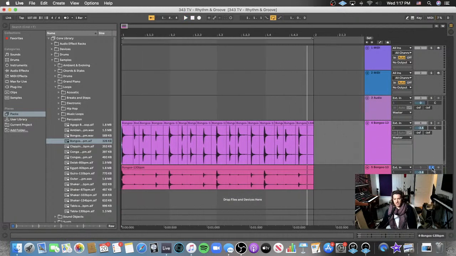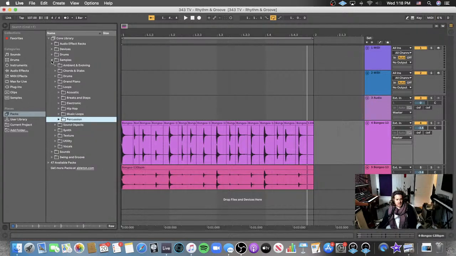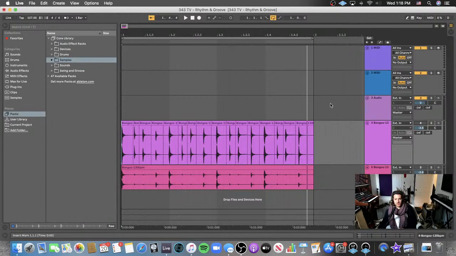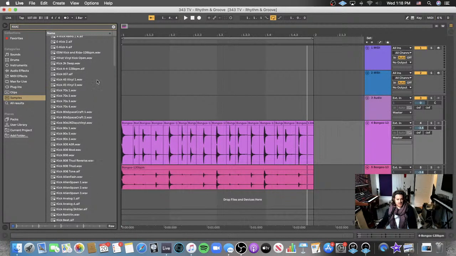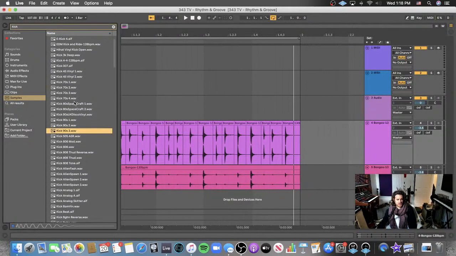Now, the reason that I'm pointing this out is because rhythm is really about the conversation in tonality and volume more so than it is about when things are happening. And so that's just the first example I wanted to give. So what I'm going to do now is I'm just going to make a beat really quick. And I'm just going to make, for instance, the quintessential